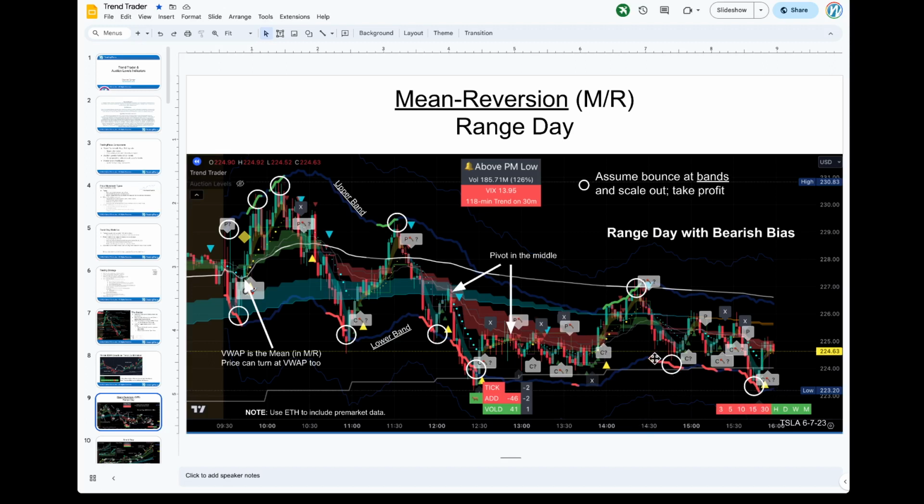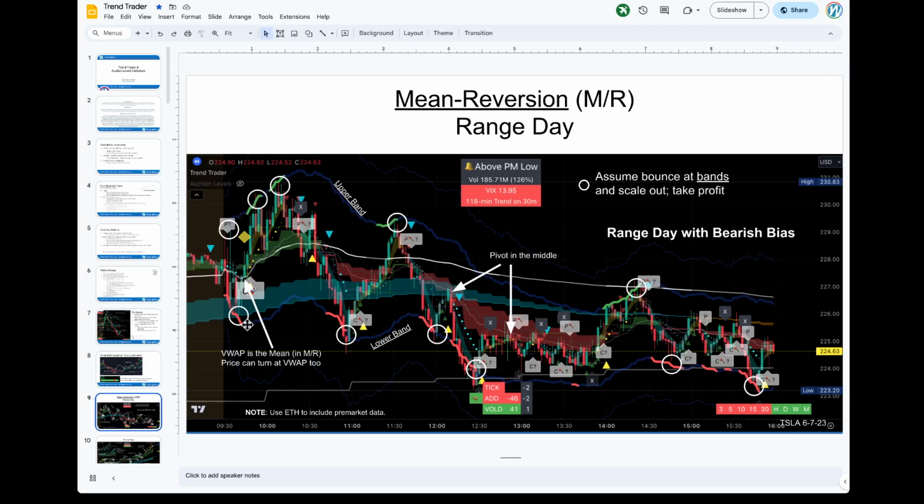You can see we're moving down. We have a lower red lower band, but you'll see that this is mean reversion still. And it basically means that you'll see the blue bands. It might be a little bit hard to see on here, but you'll see it on your own indicator. So the bottom band is blue, and when it turns red, that's bearish. Upper band is blue. When it turns green, it's bullish.